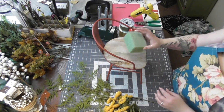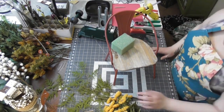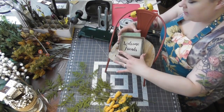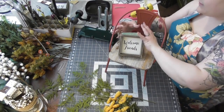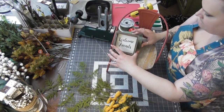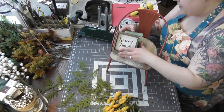But anyways, what I'm going to do is, I know I want placement here. I want it to be in the back corner. My idea, let me face this towards you guys, is to get this to lay kind of up at you like this. So then you have some flowers coming out here. Maybe put the bow more off to this side, or put the bow down here and then all the flowers, or put the bow kind of up here. I'm not sure what I'm going to do, but I definitely know I want the placement of this little guy